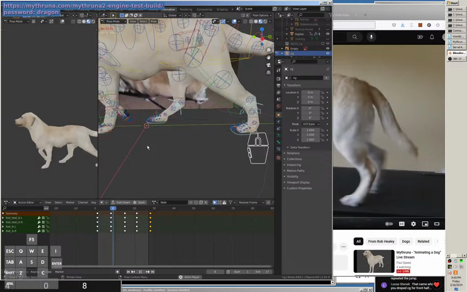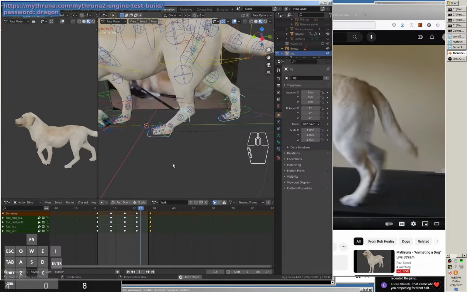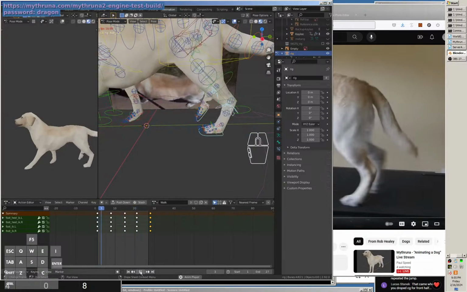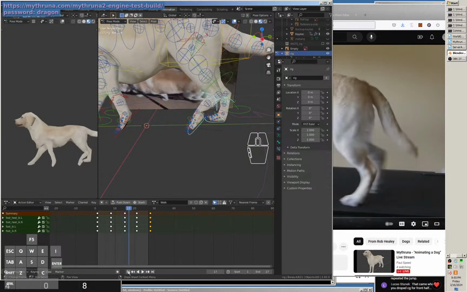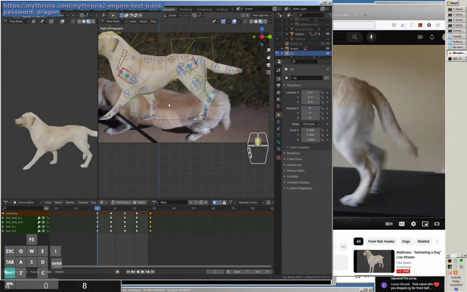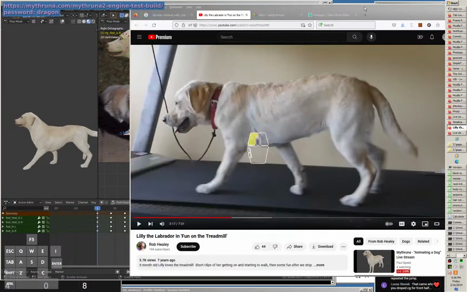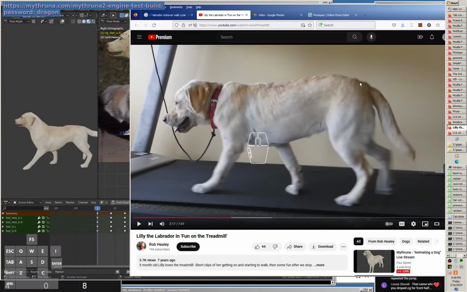weight painting and stuff. Real quick, I do want to see this in the game before I stop, and I have no problem running a little long. But let's give the dog some weight, right? So when it's in the passing pose here, like if you watch the body, right? Passing pose here, the hips are up,